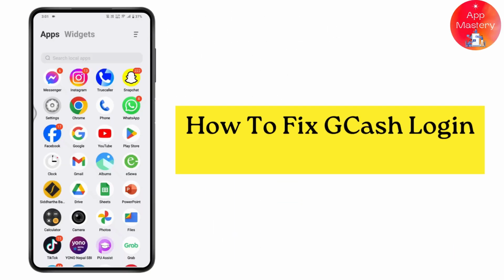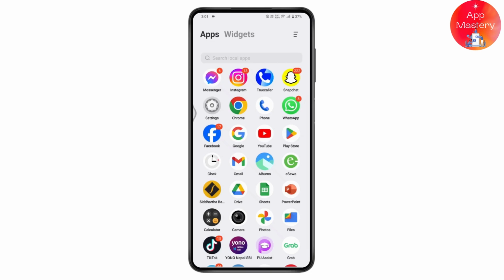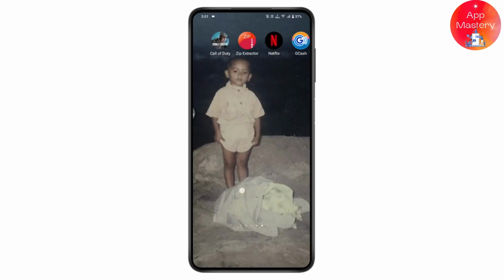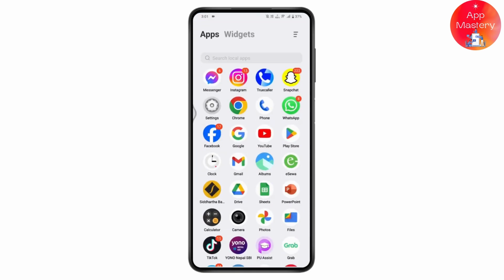How to fix GCash login problem. So if you want to fix GCash login problem, then you just need to first open up your GCash and try to log into your account. But if you're not able to log into your account on your GCash, then what you need to do